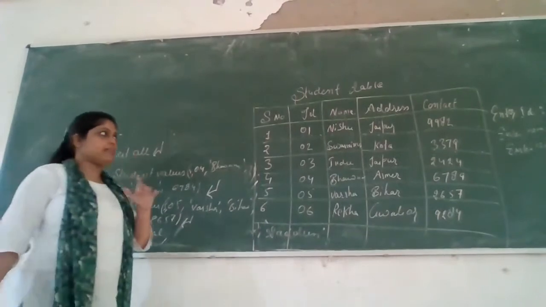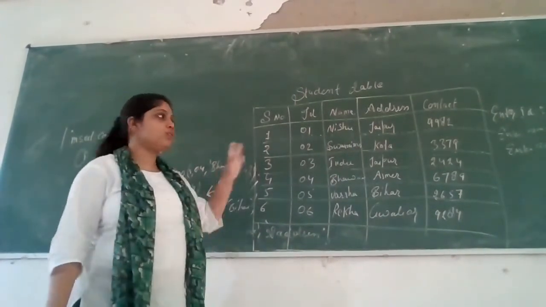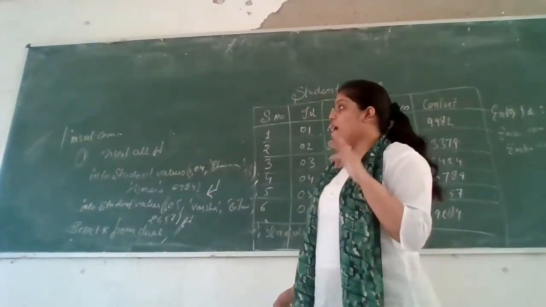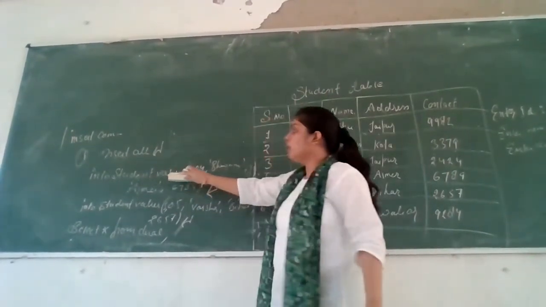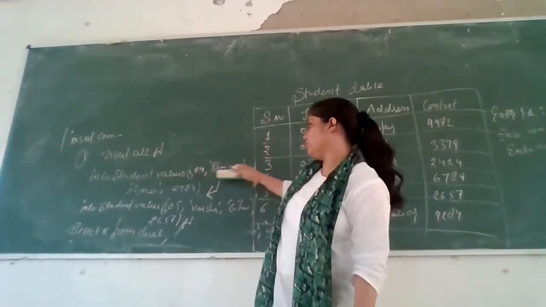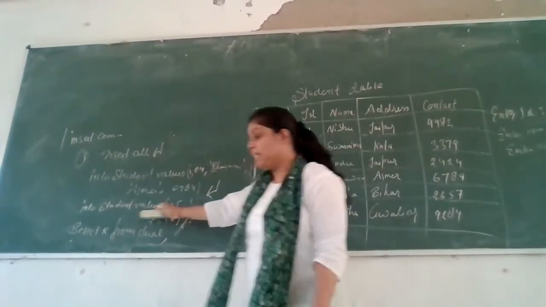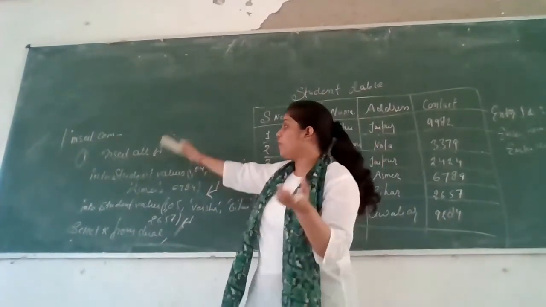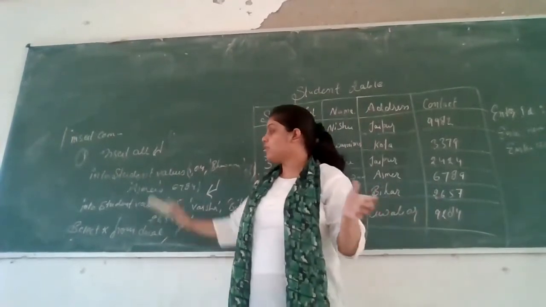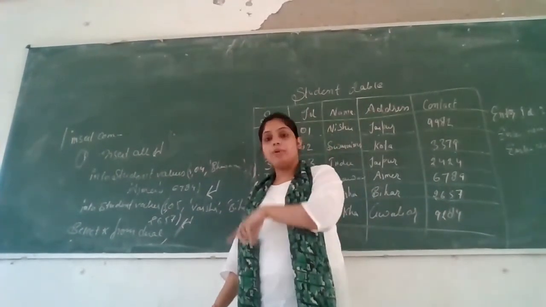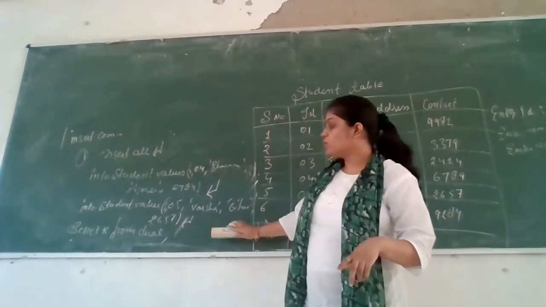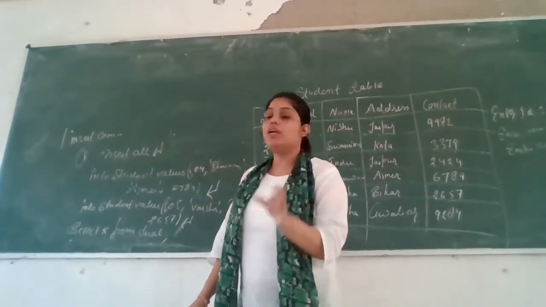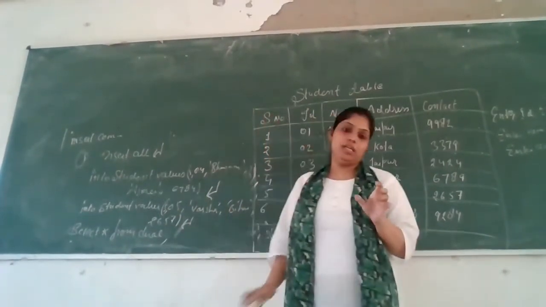Now we take a second example. If you have one student table and a second employee table or teacher table, then you add insert into student values, the student values are this, into teacher values, and the teacher values are this. Then the teacher values are stored in the teacher table and the student values are stored in the student table by using select asterisk from dual. All the values are stored in a particular dual memory. Clear?